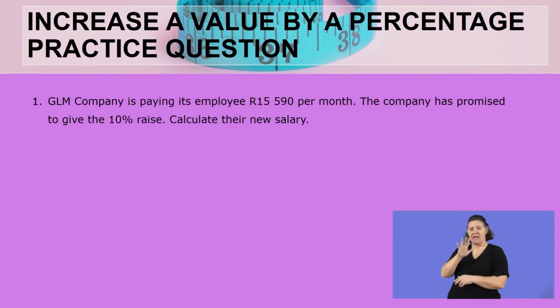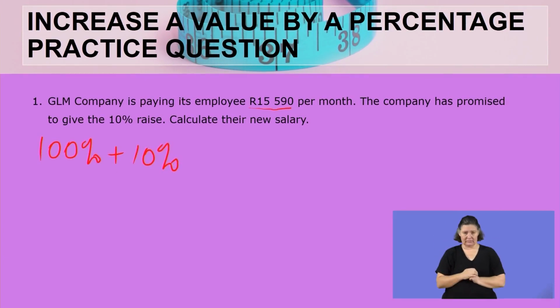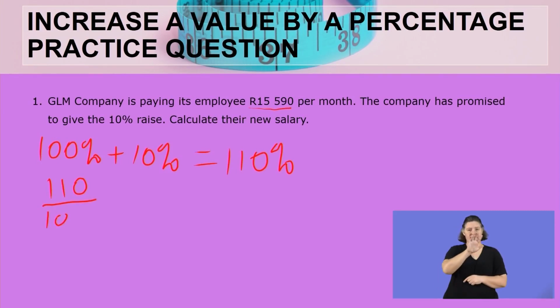GLM is a company which is paying its employees 15,590 per month. The company has promised to give a 10% raise. Calculate their new salary. Number one, we add 100% plus 10%, and we will get 110%. So as we add these two, 100% plus 10% being 110%, we can change 110% to a fraction, and then we multiply it by